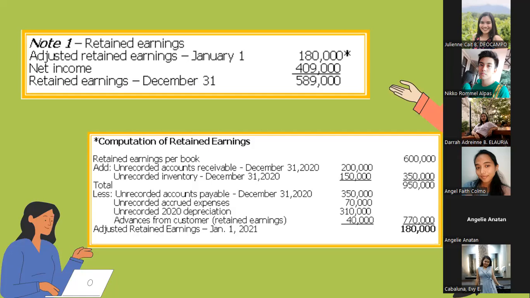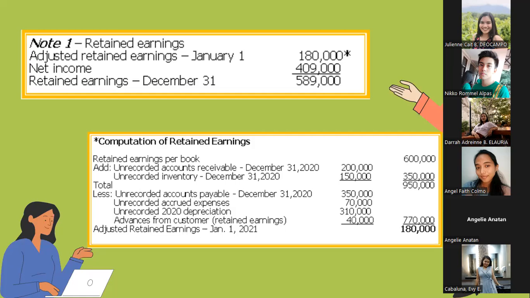And total is 950,000. Less the unrecorded accounts payable on December 31, 2020, 350,000, unrecorded accrued expenses, 70,000, and the unrecorded 2020 depreciation, 310,000, from the 10K of equipment and 300K of building. Then advances from customer, 40,000, equals